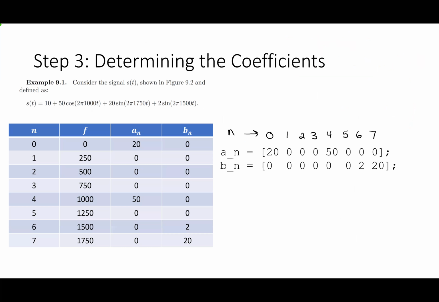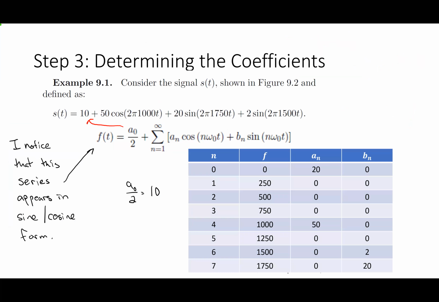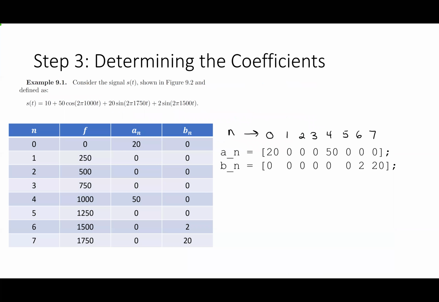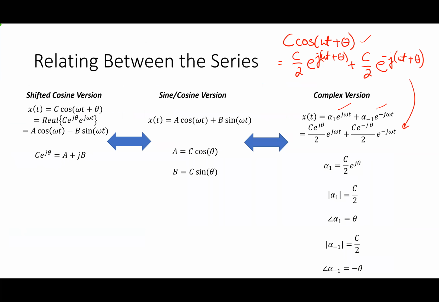We got our AN and BN. We started with essentially the sine cosine form of the series. So where's the easiest place to go first? Well, I'm going to go to the shifted cosine version. And so I go to this table. This table right here is my pathway through all of these problems. Again, there's a lot fewer equations on this slide, but this slide has all the equations you need. There's a lot fewer than what's in section 9.1 of the book. There's like 50 equations in that section. If I look at this,